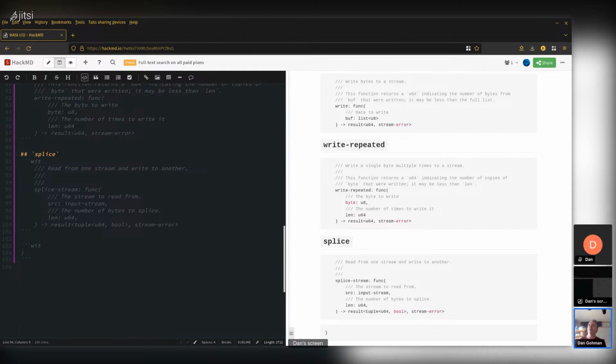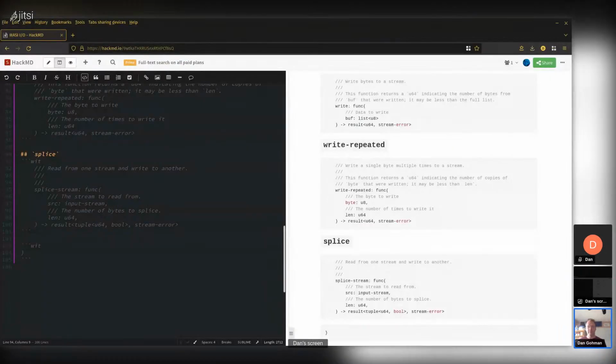So, is it considered a stream error when read is called after the end of the stream? Yes. That's a good question. I should document that. I think my idea here is that once a stream ends, it would just continue to end. There are use cases in, for example, Unix streams where you hit the end of the file, but you want to be able to keep reading because you're doing something like tail -f. You want to just keep reading, because someone else might append, and if I keep reading, eventually I'll see it.